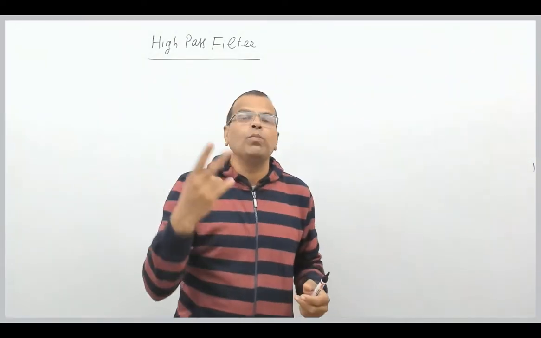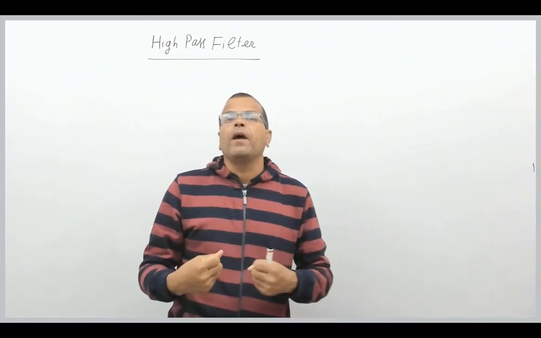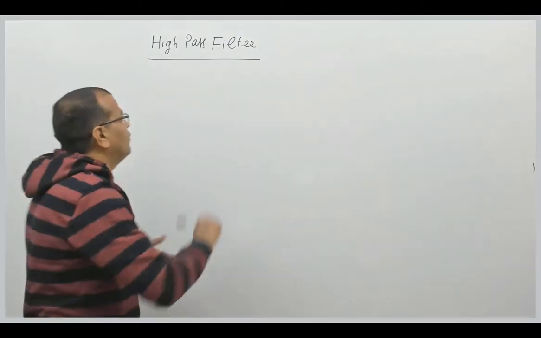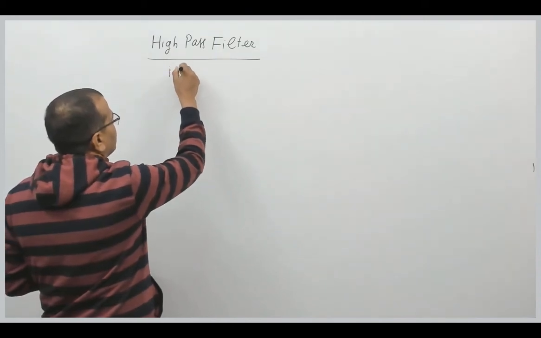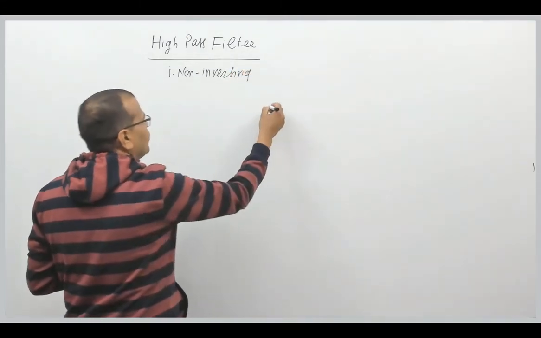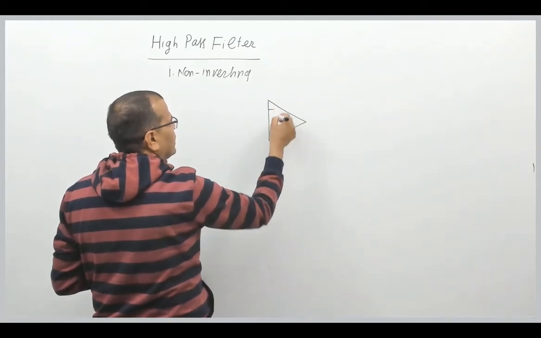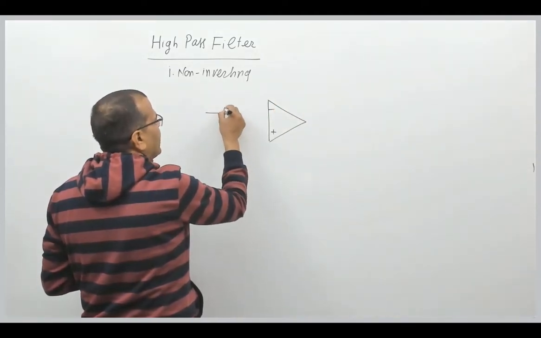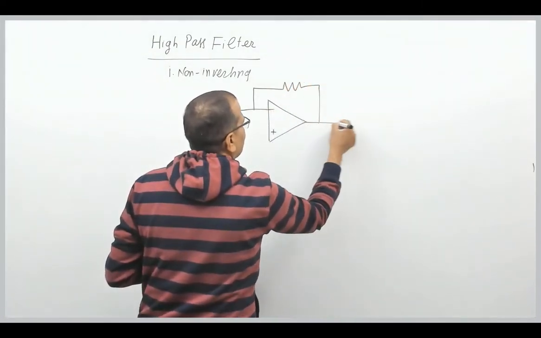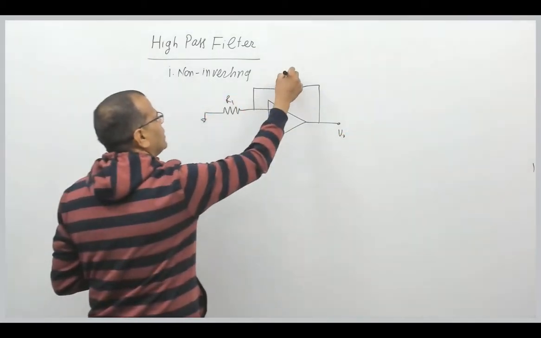We have seen there are two types of circuits used in low pass filters, that was non-inverting mode as well as inverting mode. So first I will be talking about non-inverting mode of the filter. In non-inverting mode, the circuit will be similar to what we discussed in case of low pass filter. We have op-amp, we have negative feedback in this op-amp like this, right? This is output of the filter, this is grounded, this is resistance R1, this is RF, right?